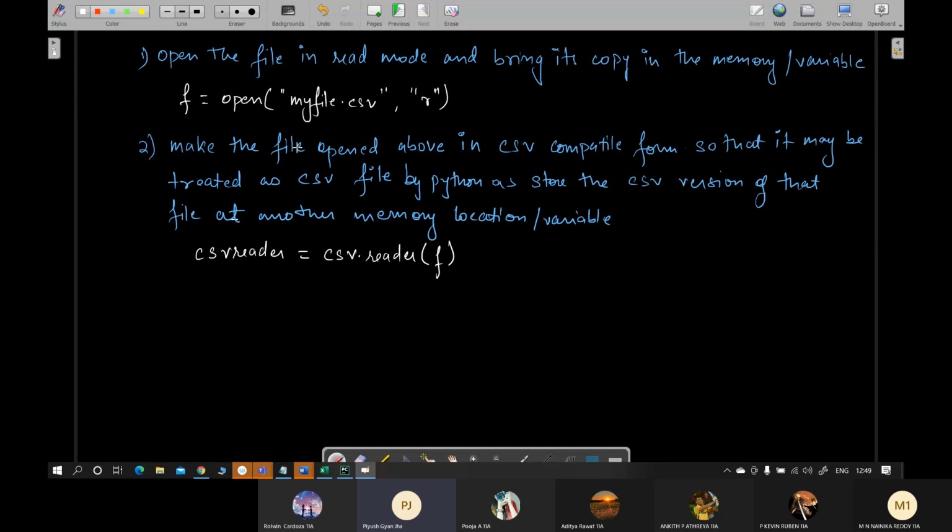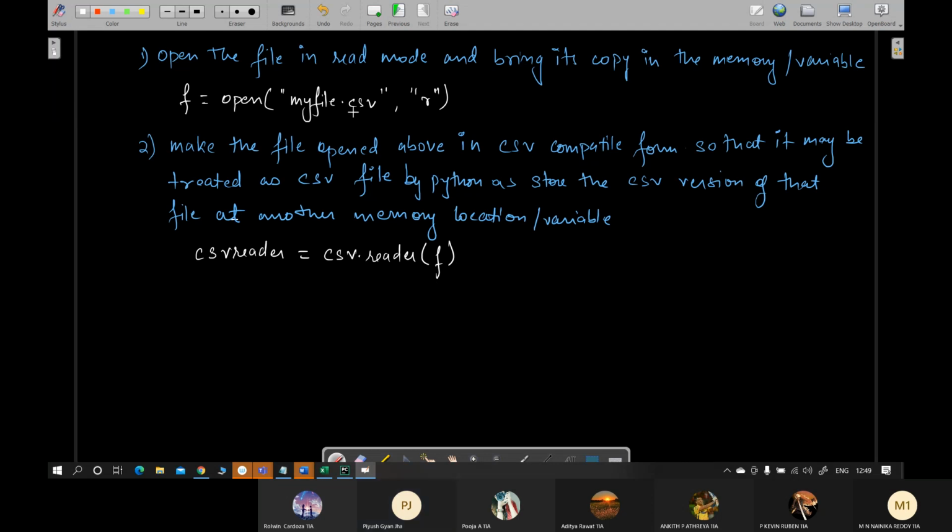So here you are telling that the file that you have opened above in read mode has to be converted into a CSV version or CSV form, and that CSV version of the file opened above should be saved in another memory location, which is known by this identifier or any other identifier of your choice.